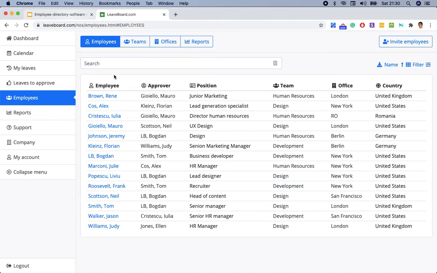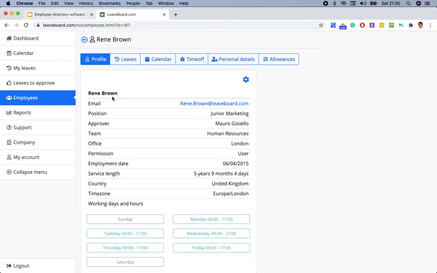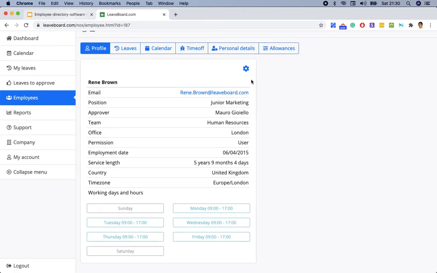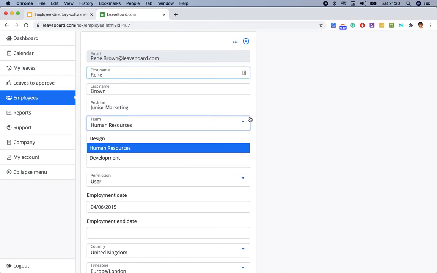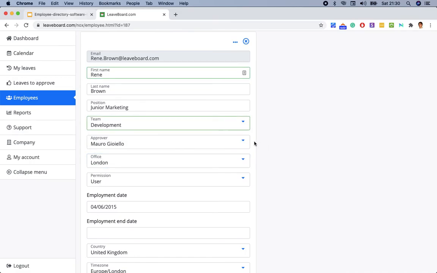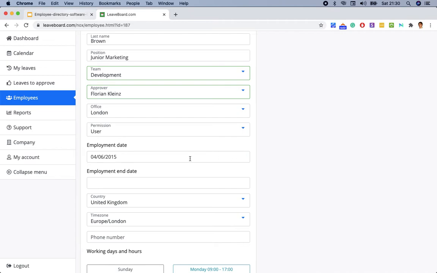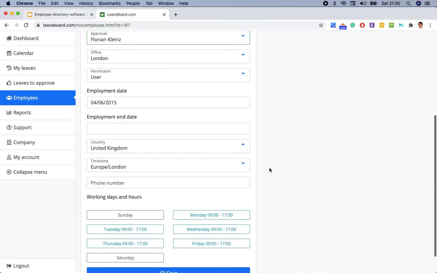But it's not only easy to find the employee name, it's very important to have more details about each employee. So when you click on one employee, you have the employee work profile and some other elements which we will go through in a second. So we have this settings icon here. You can change with these things like the team, or who is the approver for this employee, his employment date, and you will get automatically